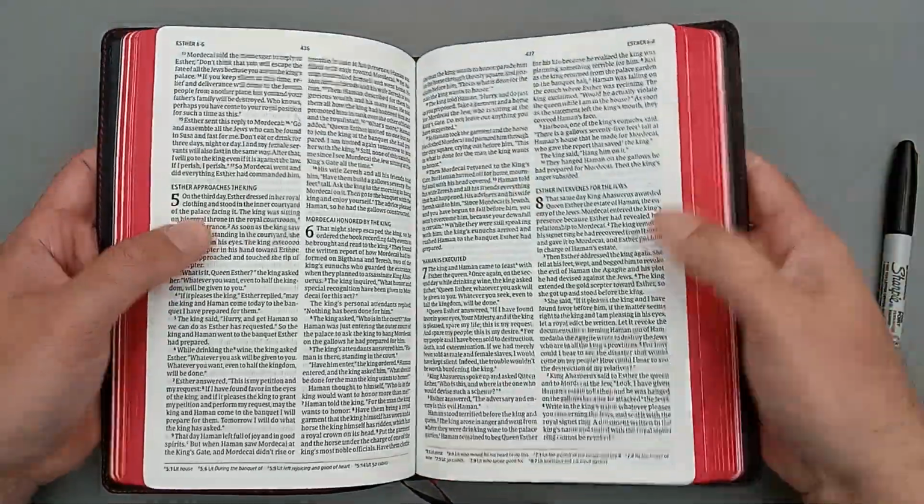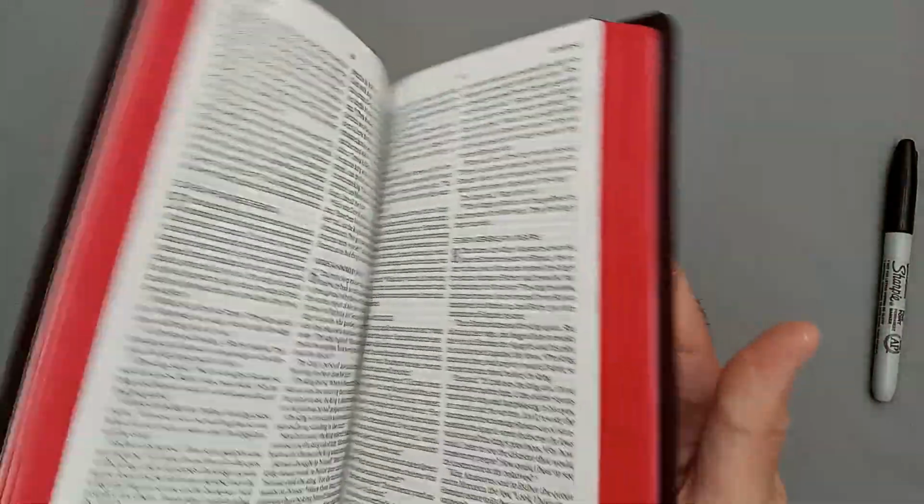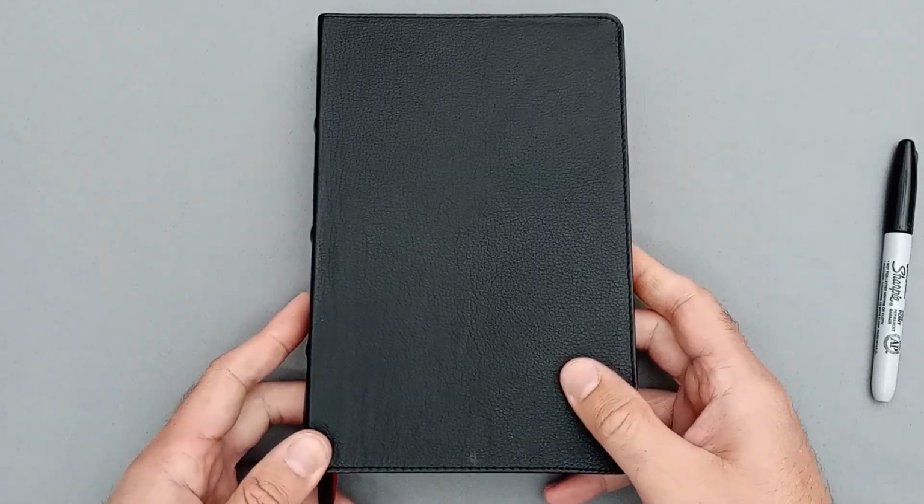So definitely a good size font. 10-point font is a great size for reading. It'll be easy enough to read for most people, obviously. Some exceptions,